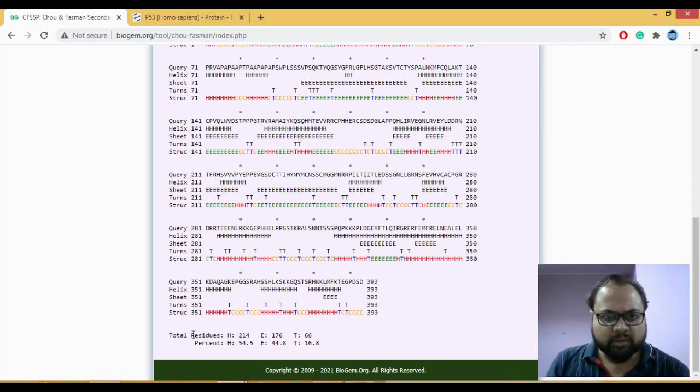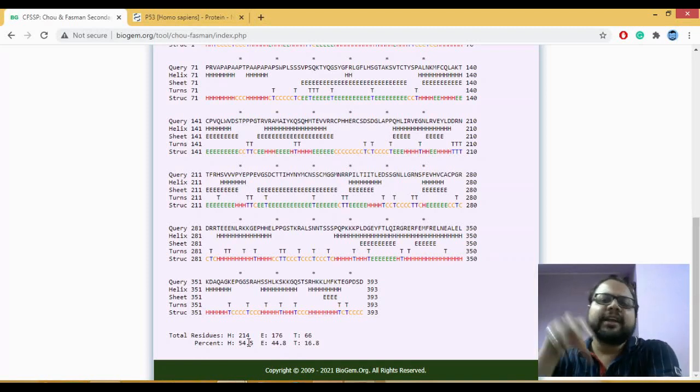If you look at the total residues, 214 residues were predicted as helix, 176 as beta sheets, and as turns there were 33. So Chow-Fasman helps us predict how many H, E and T there are. You can see the maximum percentage are helical, alpha helices basically, in this P53 region.